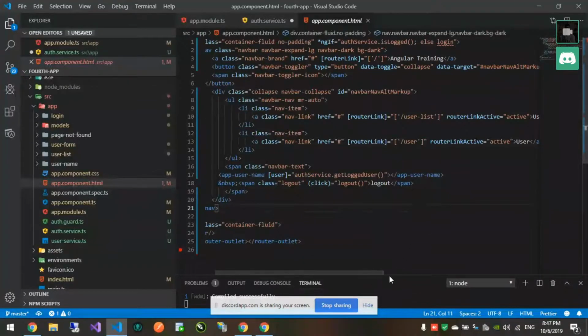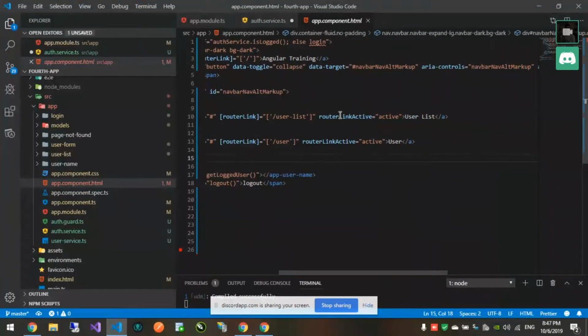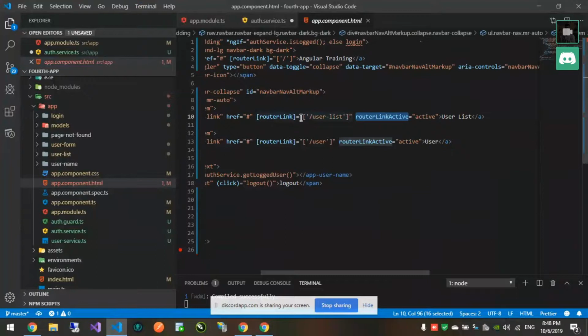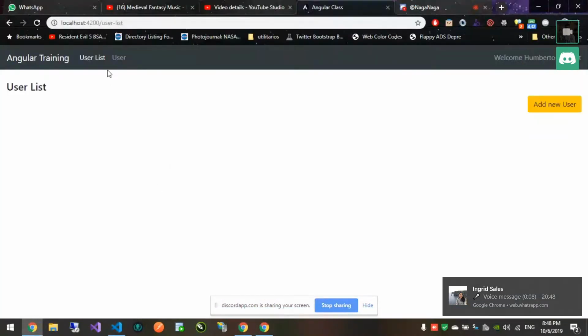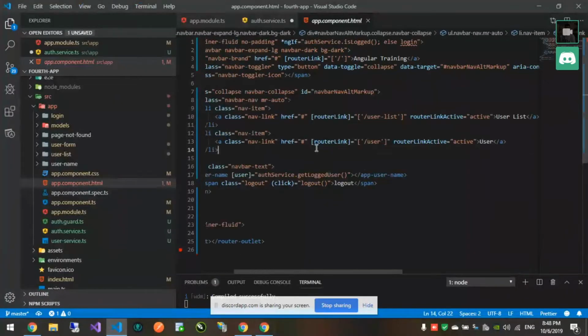And to set the activated route, plus routerLinkActive. It is a directive, okay. It will check that we have in this component, and if the URL matches the URL that you put here, we are going to add a class active to this element. So active, because here is user and user here. So basically they are the same. So we add this class to this